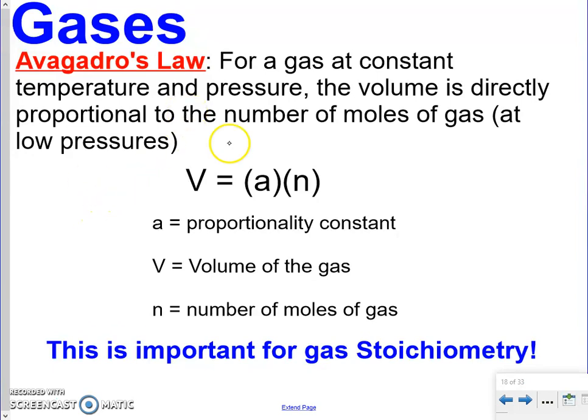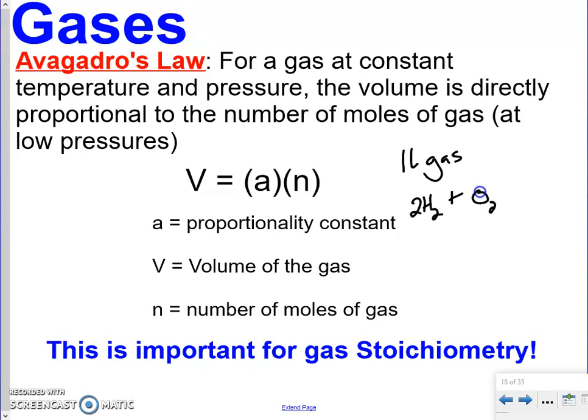But Avogadro's law says that for a gas at constant temperature and pressure, the volume is directly proportional to the number of moles of gas. What does that mean exactly? What that means is when I'm going through and doing stoichiometry, let's say I have 1 liter of a gas, and let's say I am dealing with the equation